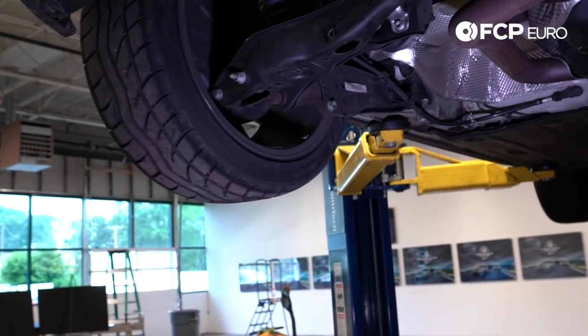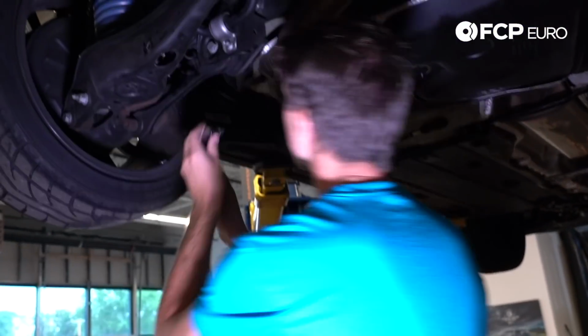So the next step is we're actually going to disconnect the sway bar from the subframe itself. To do that, we're going to use a triple square socket. So if you don't have one of these, make sure you do. And this size is an SP10. Attach that to my 1/4-inch drive, and we're going to